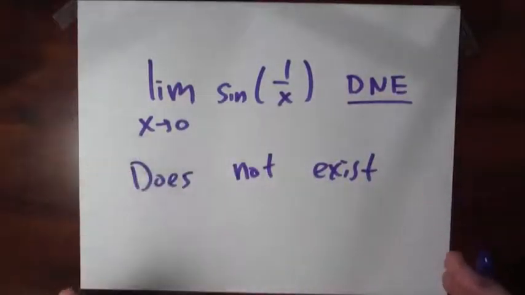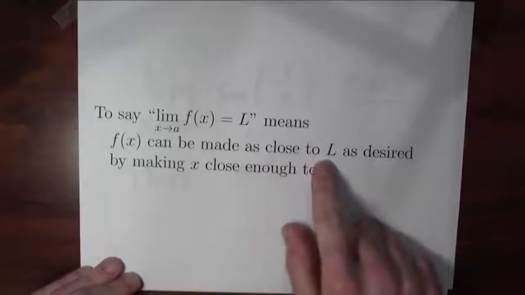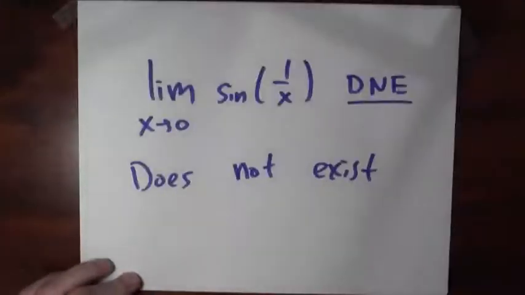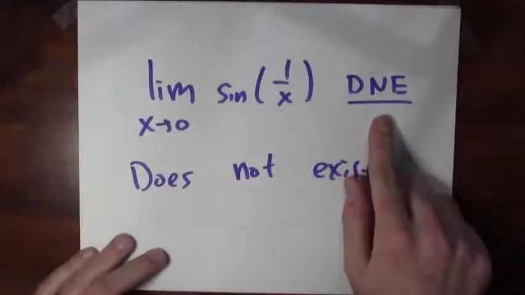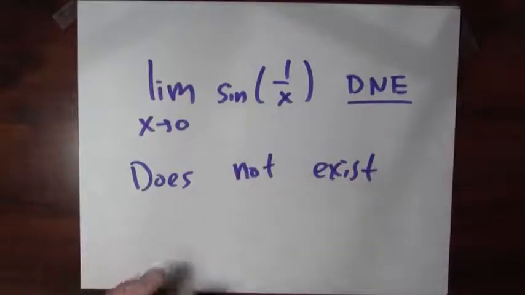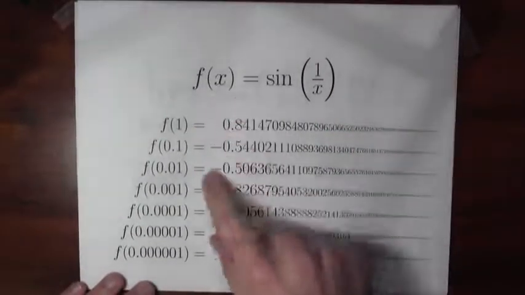What does it even mean to say it doesn't exist? Remember the definition of limit. To say the limit equals something means that I can make the output as close as I want to L by making x close to A. So when I say this limit doesn't exist, I mean it's not the case that this limit is equal to anything. Right? If you tell me this limit is some positive number, well look, when I evaluate the function at